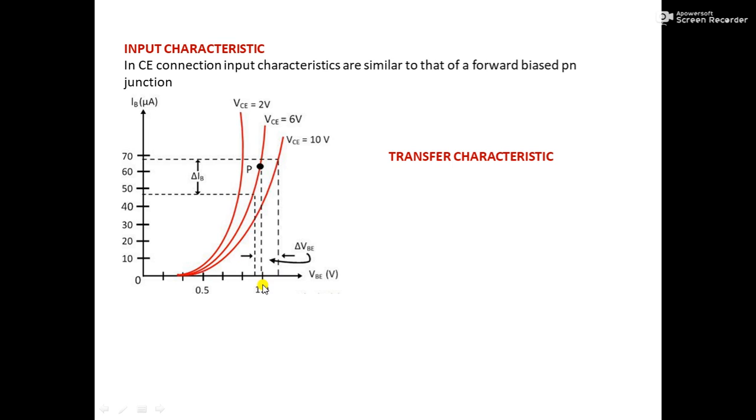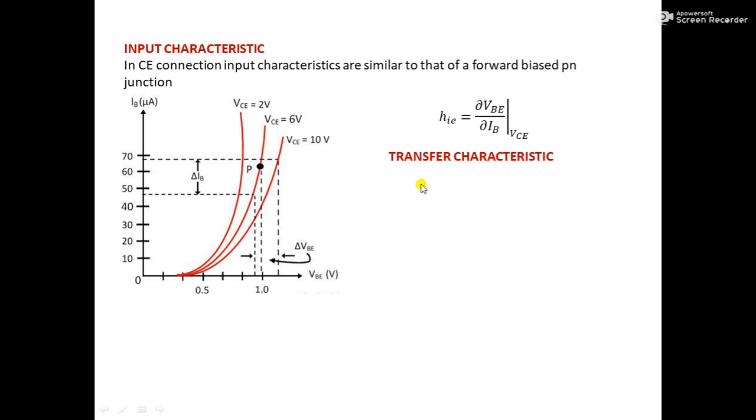So this is the input characteristics, and from these characteristics the value of input resistance hie can be calculated for a suitable operating point, and it is given by del VBE by del IB. So we can calculate for a particular value of VCE